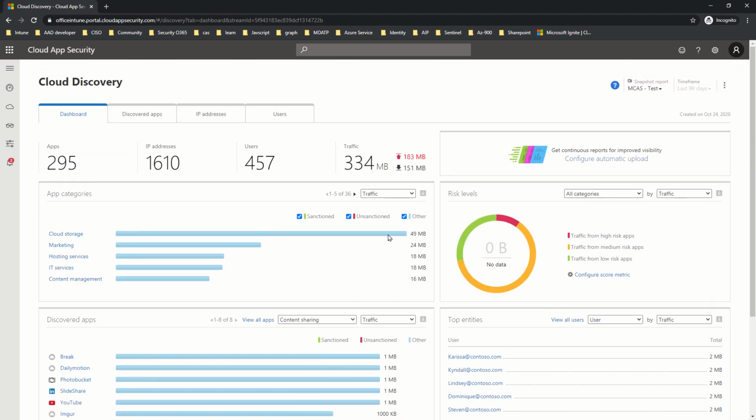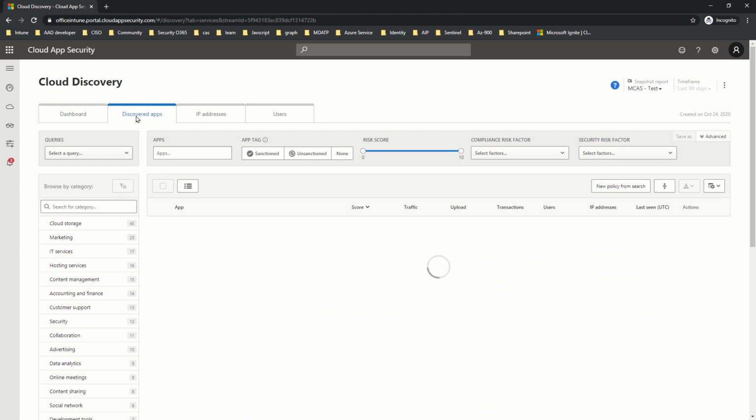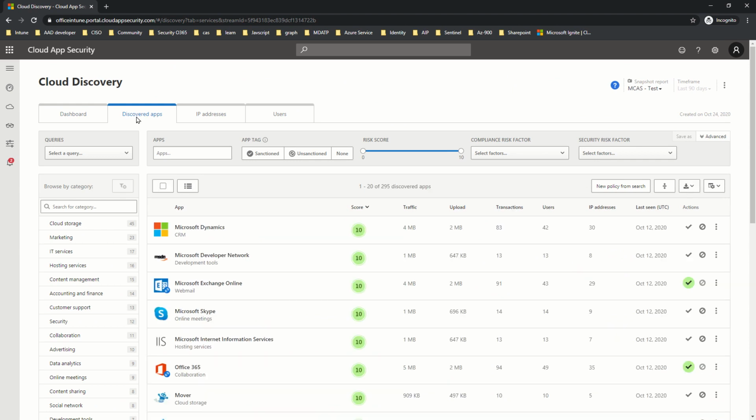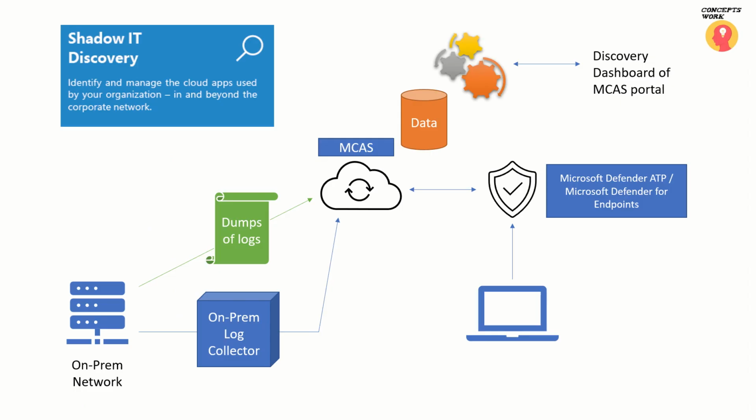Okay. Now, the next thing that you see here is a section specifically for discovered apps. Okay, now this is the most important section wherein you are going to spend a lot more time in terms of understanding what's exactly going on in your enterprise. Okay, but before I go ahead and talk about this particular section, I would like to talk about sanctioned and